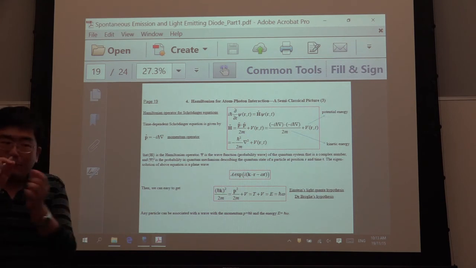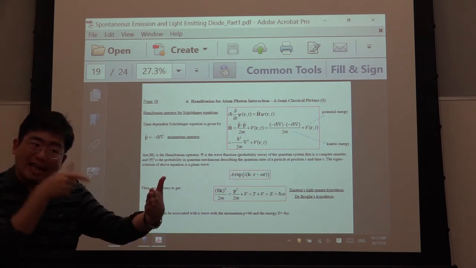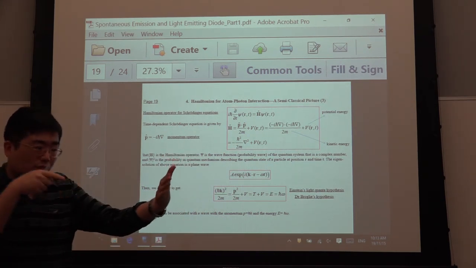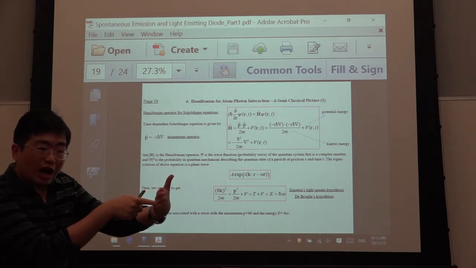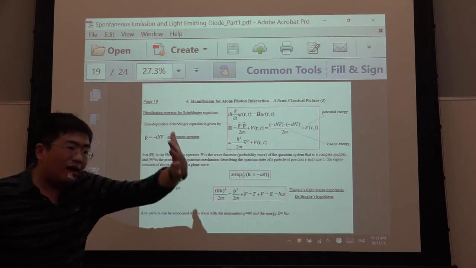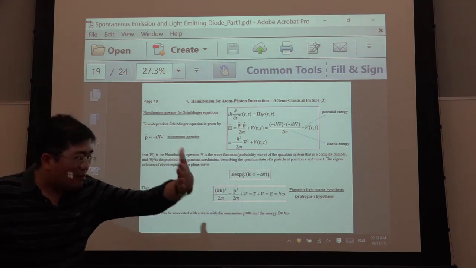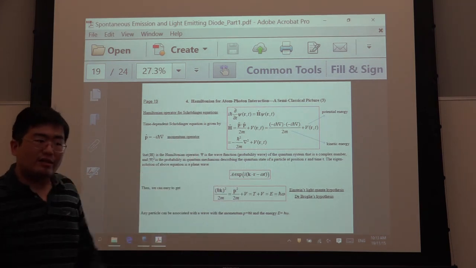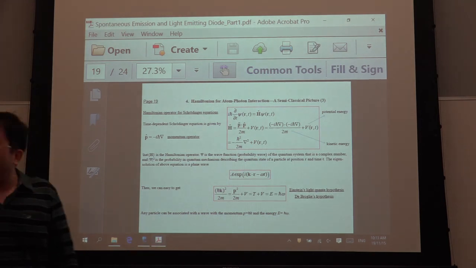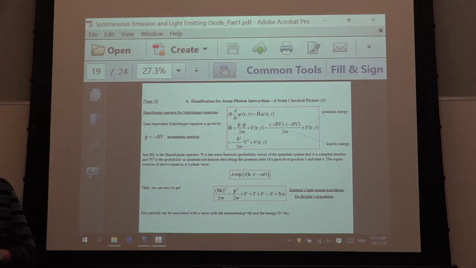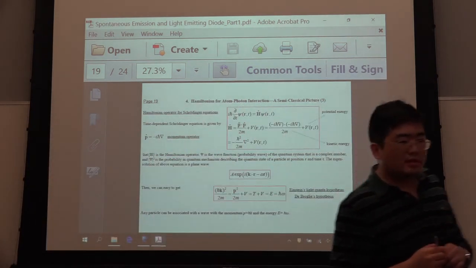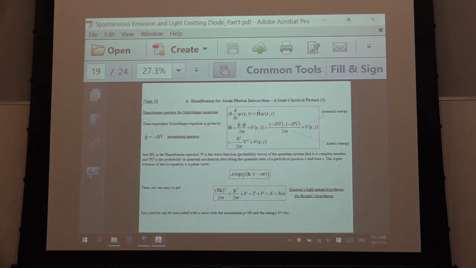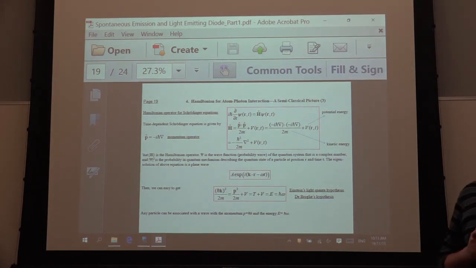Just heat up some filament, and they can emit electrons. The electron goes randomly, to this screen or to another cut. You don't know. But at a longer time, you see some interference pattern. This is due to the interference between the wave function, because the wave function is a complex value. So we talk about the atom also having wave behavior. Yes, so the electron is also similar to a wave.